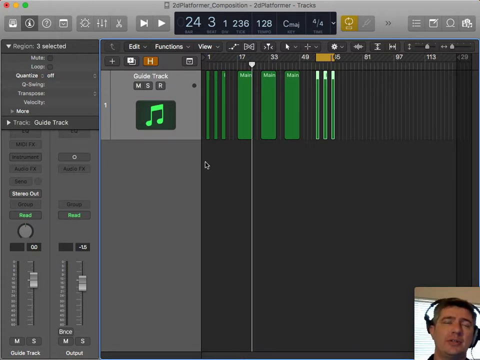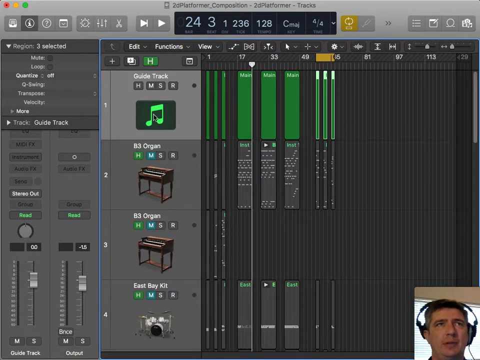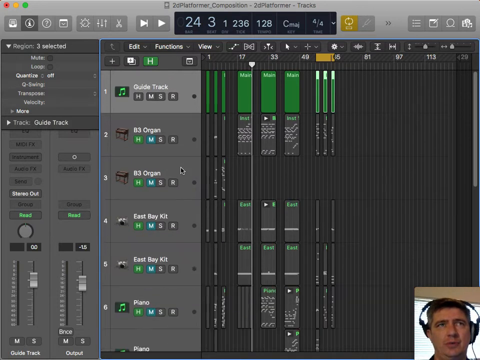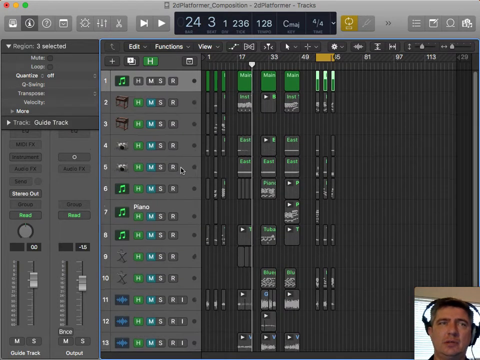Then I typically load up a piano patch, and we'll just start writing basic progressions, maybe getting some melodic ideas. A lot of times it's just getting the ideas out as quickly as possible. It's probably not going to make much sense or make it into the final composition, but it just starts getting ideas into the session. And then I'll start choosing instruments that will work with my ideas, and start building them out one at a time. Of course, I just jumped to having all of it here.